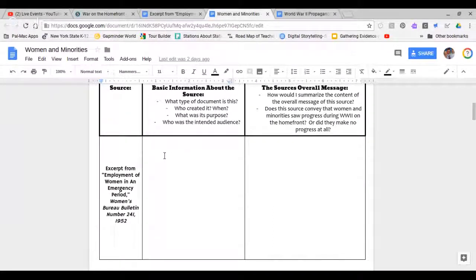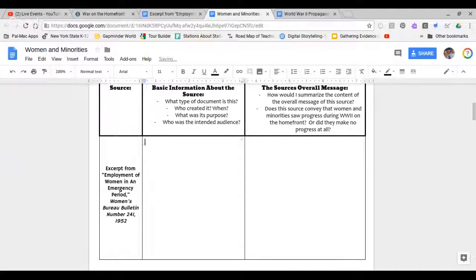Now, how much should we write, Mr. Hoven? I think for each bullet point or each question under the basic source information, you should have something written. So that's the first one, type of source document it is. This should be: this document is a book, and so on and so forth. Then just continue on with the next one. You're writing this, so it might take up more room. But the idea is, especially that first box, you should be pretty much filling in all of this information. That box should not be too empty. Just keep that in mind.